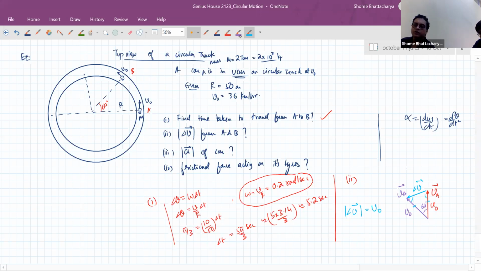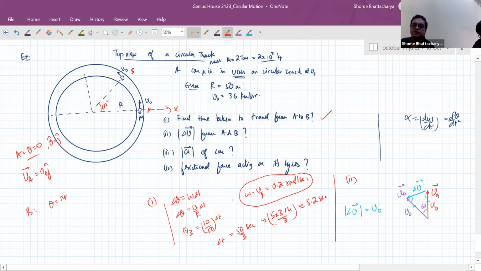Okay. Now you can also do it by vector algebra. If you take this as your x-axis, VA, now what is happening at A? Your angular position is 0 as per my convention. So my tangential unit vector is what? It is j cap. So the velocity should be V0 j cap. Okay. But by the time you come to B, what is your theta?